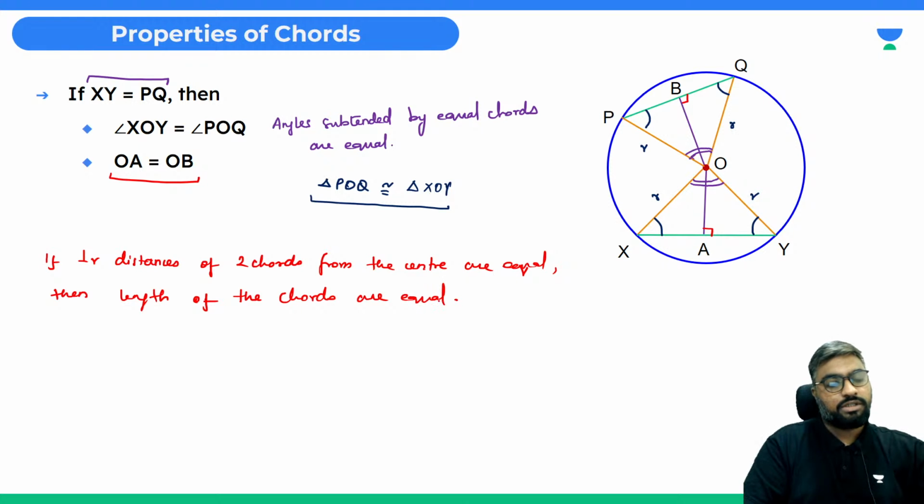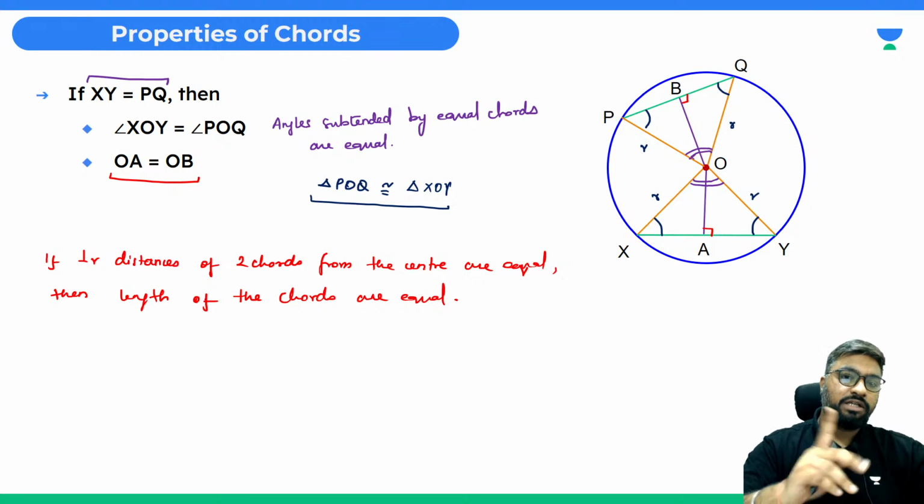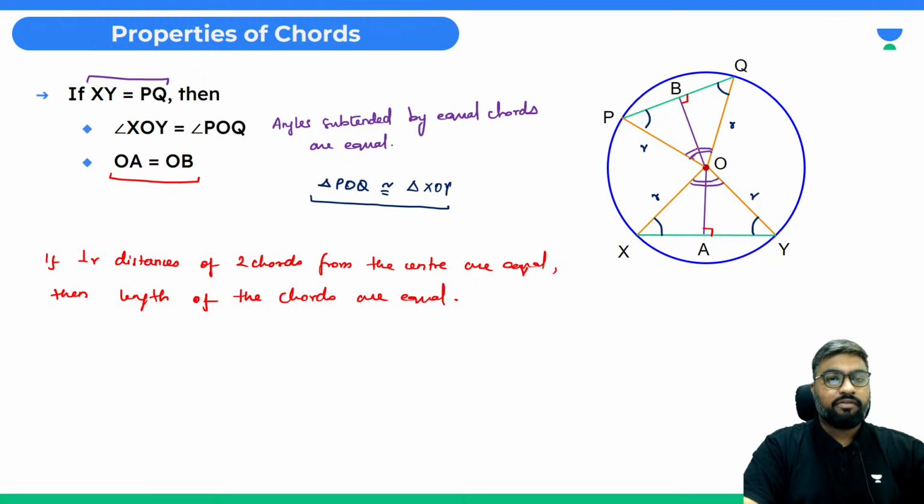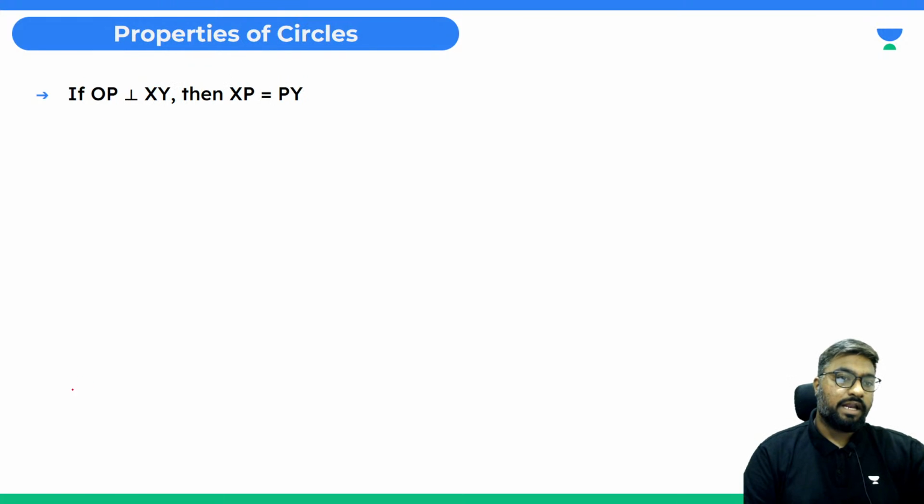I hope you understood this. So this particular property works both ways. If lengths are equal, then perpendiculars will be equal, or if perpendiculars are equal, then lengths will be equal. Okay. Next,